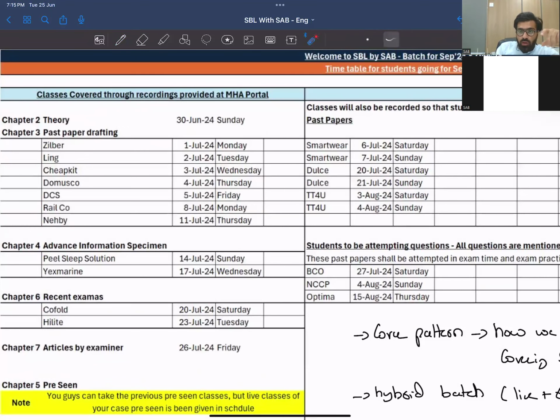On your portal, the LMS, the learning management system you have got, you'll be seeing the classes that you have covered. We have Chapter 2, the theoretical requirements, or I'll say the theory that you have to cover. Now,